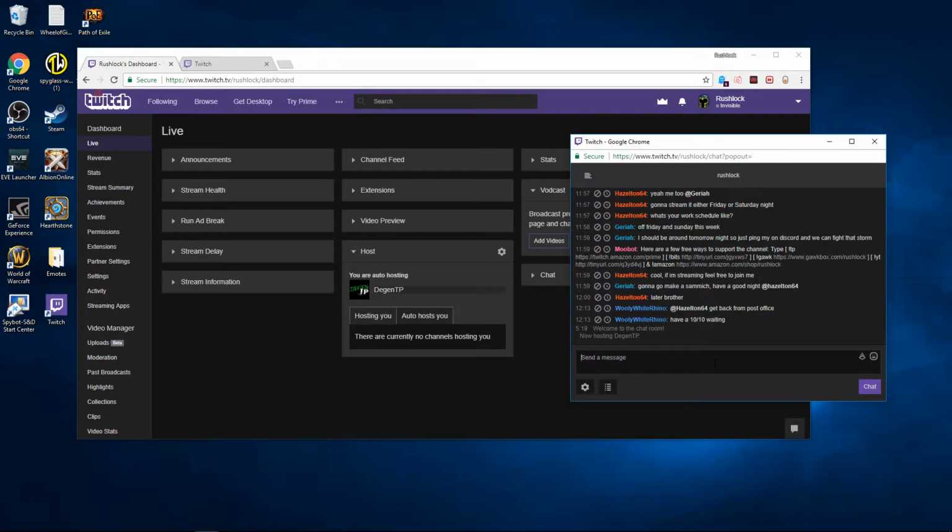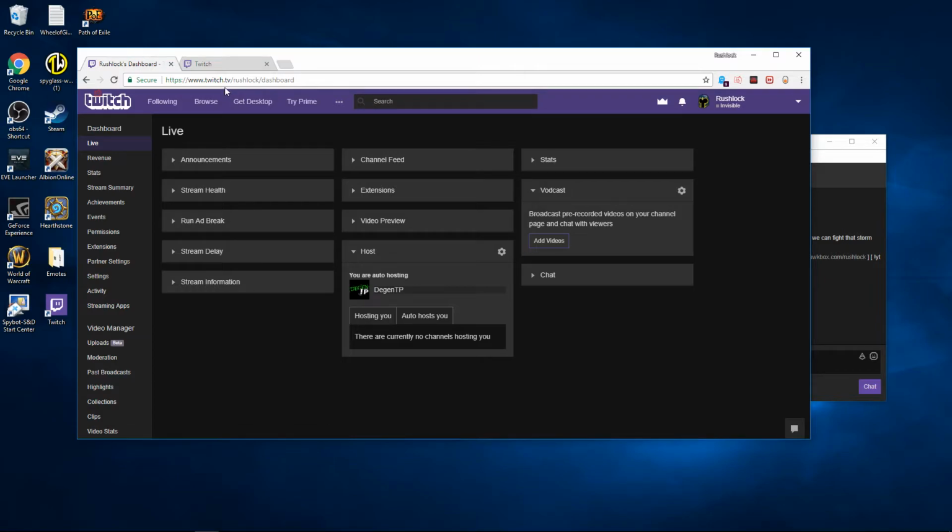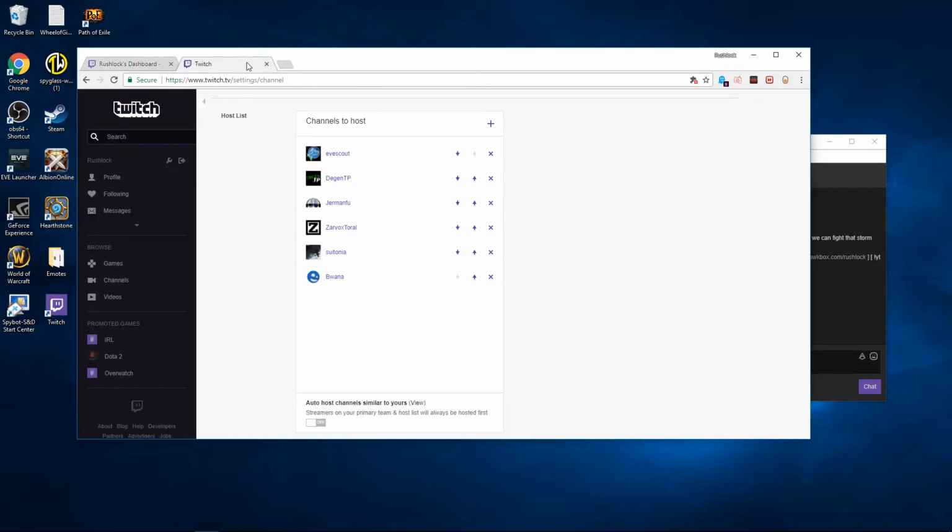Now if you want a little bit more development, a little bit more control or design over multiple channels that you want to host, and you also want to auto host when you're not around to manually do so, simply go to your dashboard, twitch.tv/ the name of your username /dashboard, and you can go here and manage it from your dashboard as well. If you want even further, you can go to your cogwheel, go to manage auto hosting, which will take you to